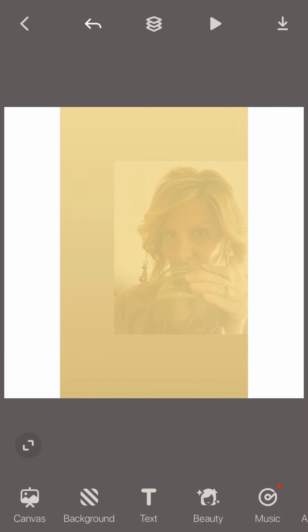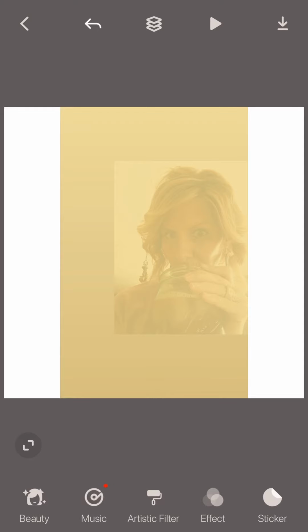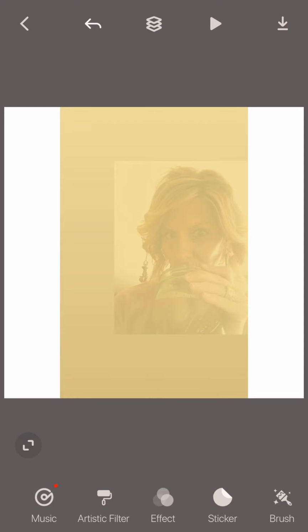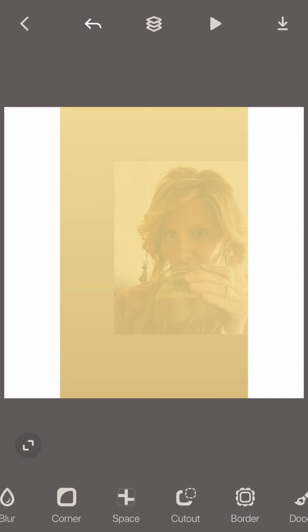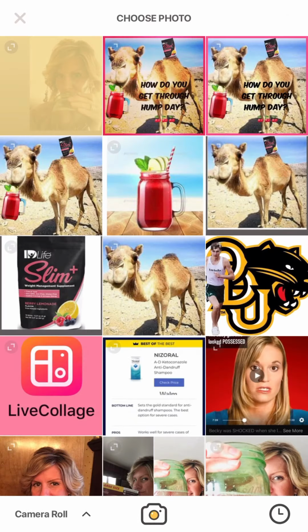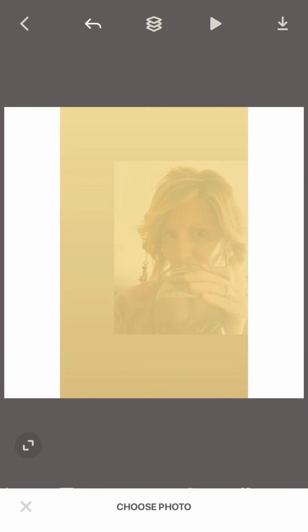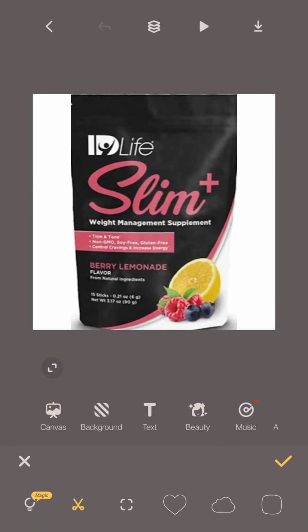Okay, so let's say that I want to cut out a picture of the Slim. Okay, so I can go clear over to here. And let's say that I want to cut out this picture, but I don't want all this white in the background. So what I can do is I can cut out